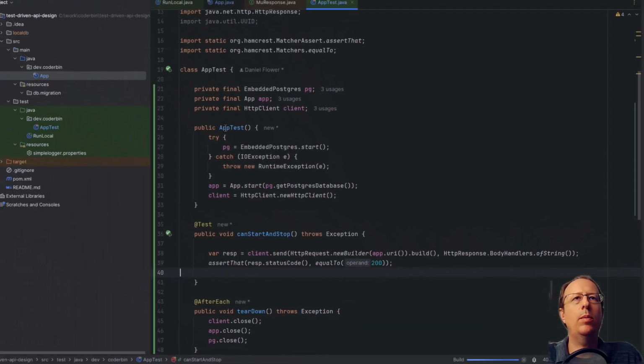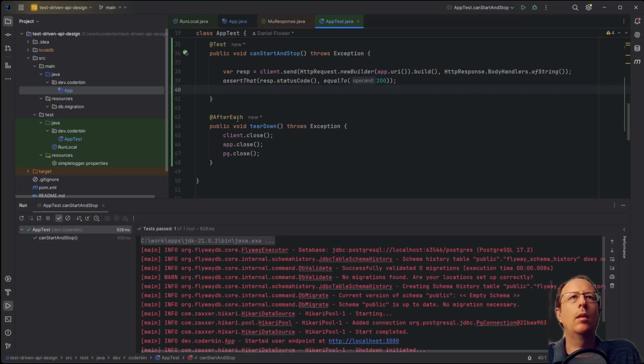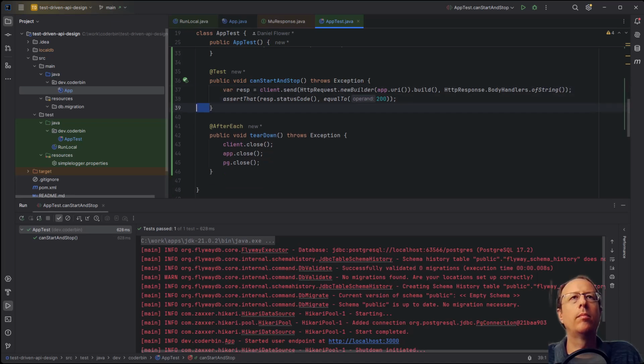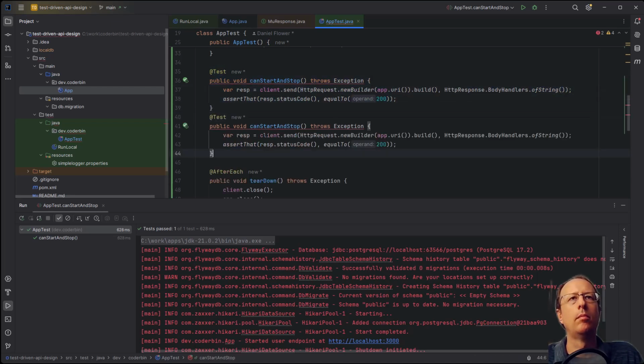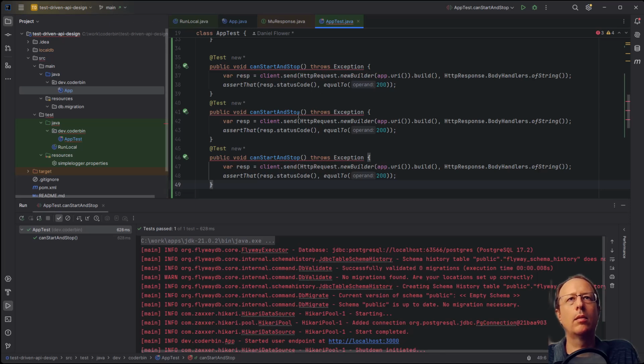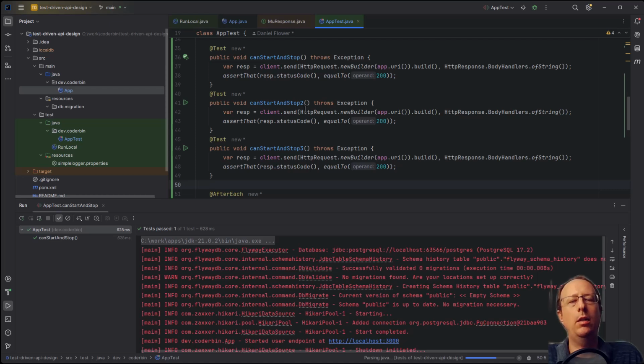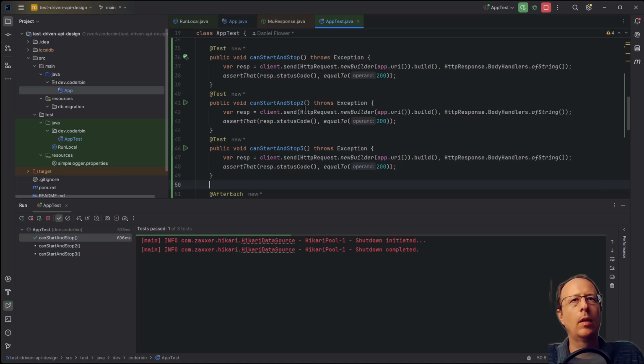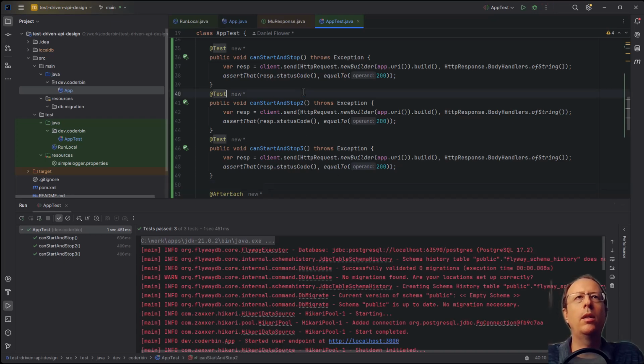Okay, let's make sure the test passes. Okay, very good. What happens if we have multiple tests? So let's put dummy names here. I'm going to delete this later, but let's just see if it works. Okay, you can see the first one has passed. Now it's preparing the second one. And already this is a little bit slow, right? Quite a long startup time, 400 milliseconds for a test. That is too slow. Let's make this faster.